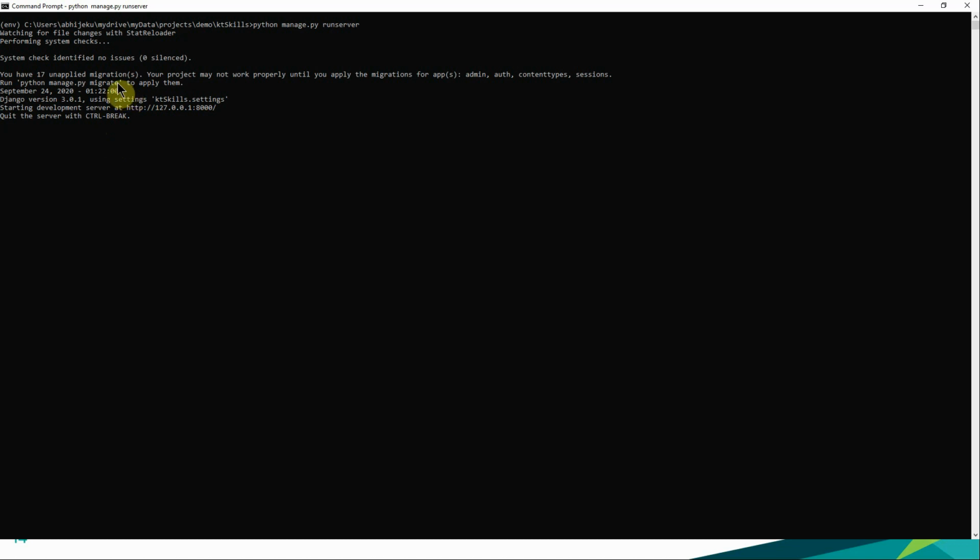This basically means that we have added a few apps in our project. I mean, they automatically get added when we create the project. So those apps have a few models which are not yet migrated to the DB. We'll talk about this in detail when we actually deal with models and their migration. So for now, ignore this message, and now let's copy this URL